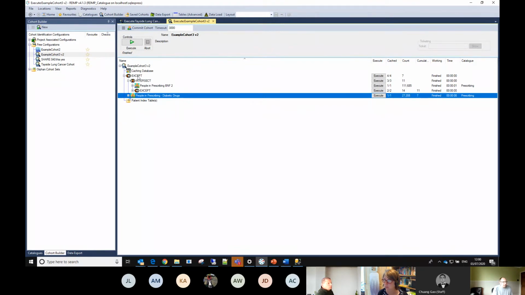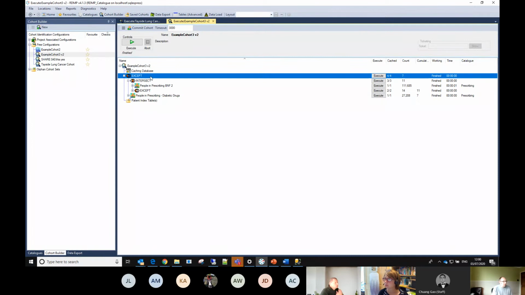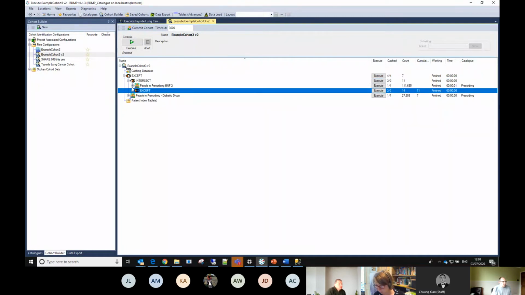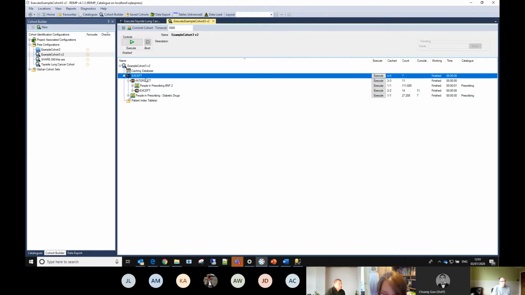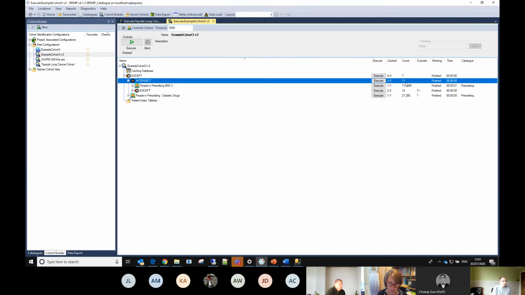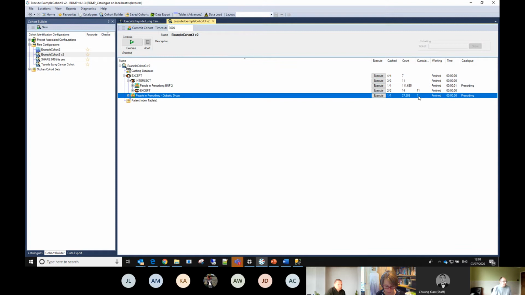So the very top layer is our final answer. That's telling us that there are 7 people available that meet our criteria. And what we can now do is look at where the people are dropping off. Firstly, by looking at the count column, which gives us the individual elements. And secondly, by looking at the cumulative, which combines them together. It combines at set level, which is why most of these are empty, because that's within the set. So what we have here is this intersect is giving us 11 people. And then, of course, we're getting rid of people from here, which gives us 7 cumulative.